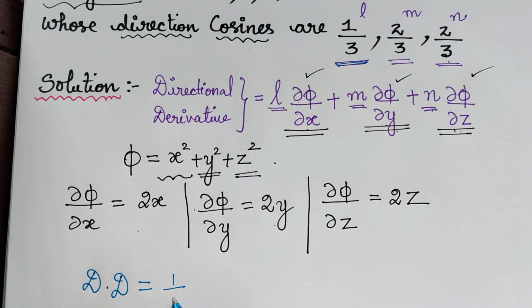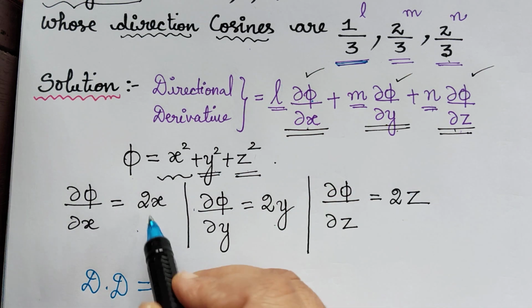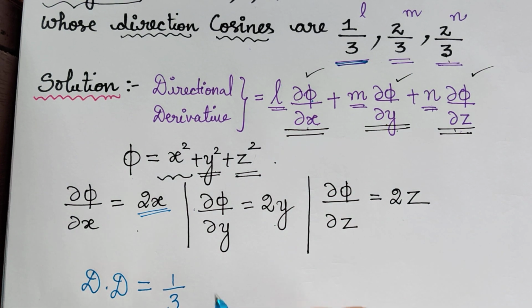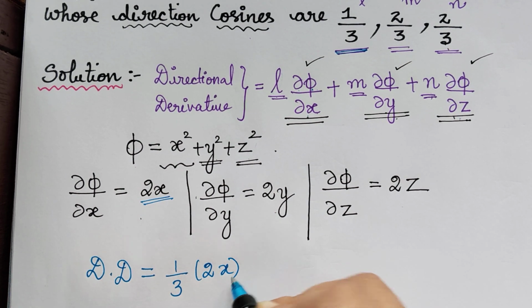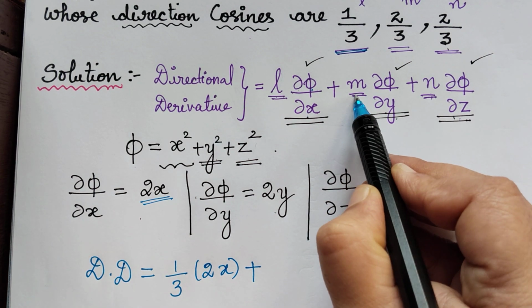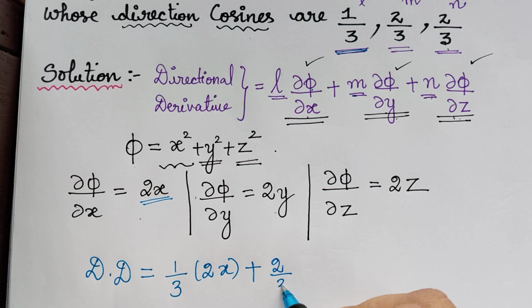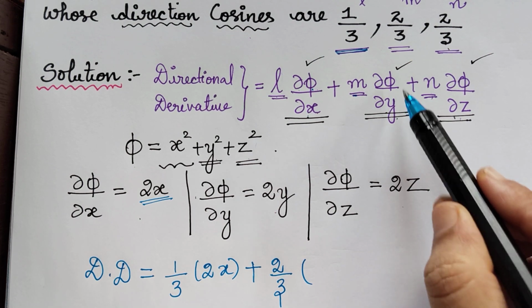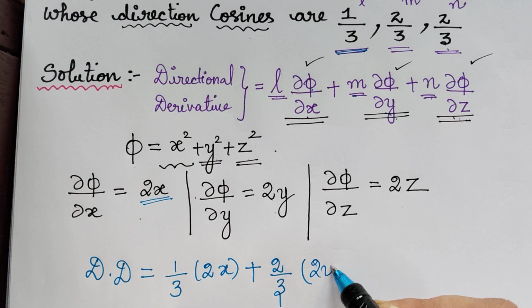So 1 by 3. And what is ∂φ/∂x? We have evaluated it as 2x. So 1 by 3 multiplied with 2x plus, what is the value of m? m is 2 by 3. So 2 divided by 3 multiplied with the value of ∂φ/∂y, which is 2y, plus